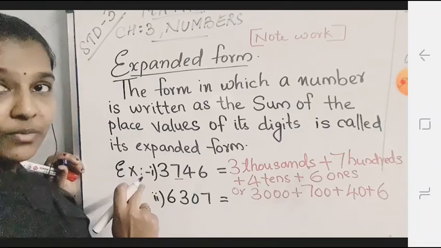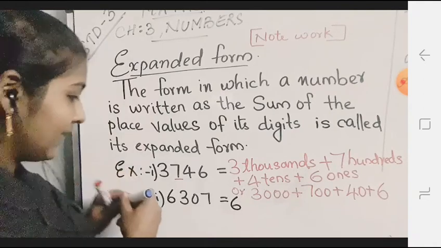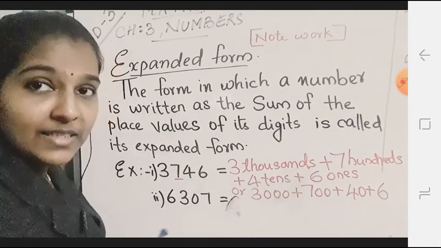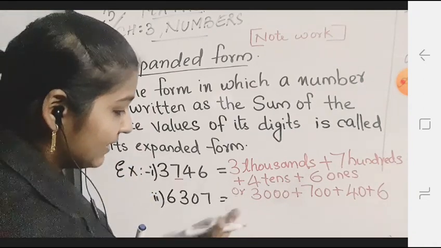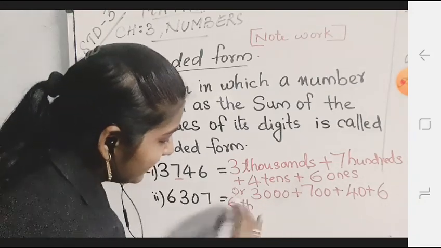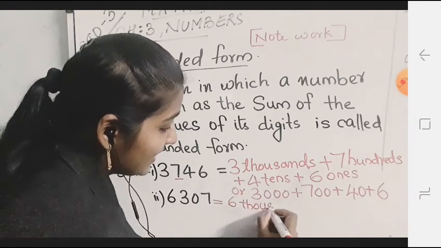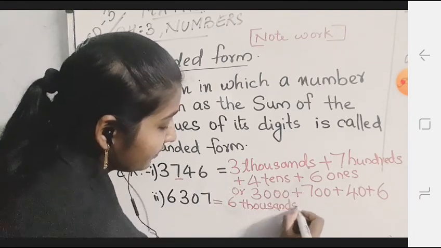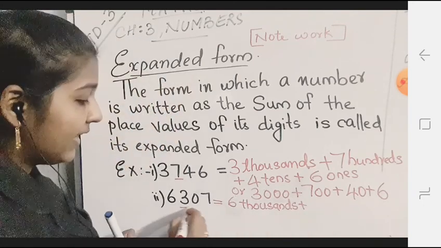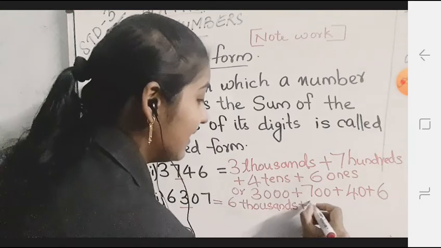So we can write it as 6,000s plus, then how many hundreds? 300s. So 300s plus